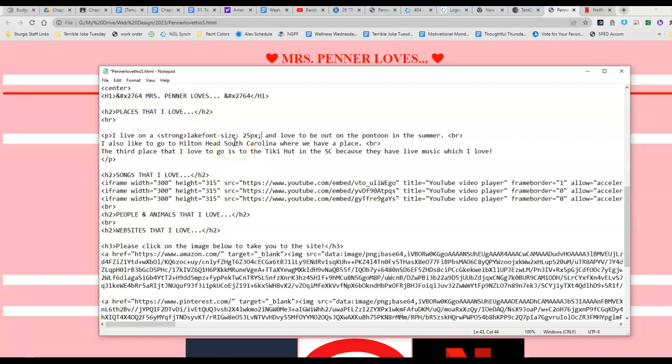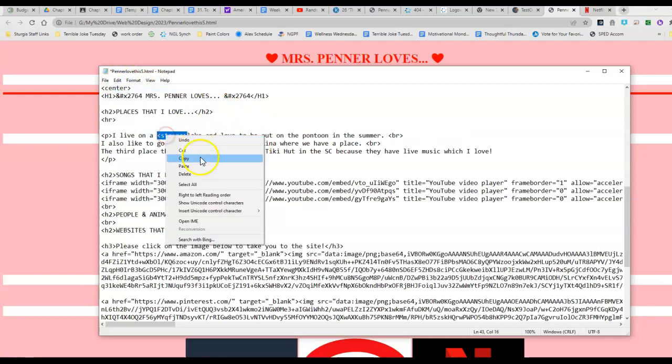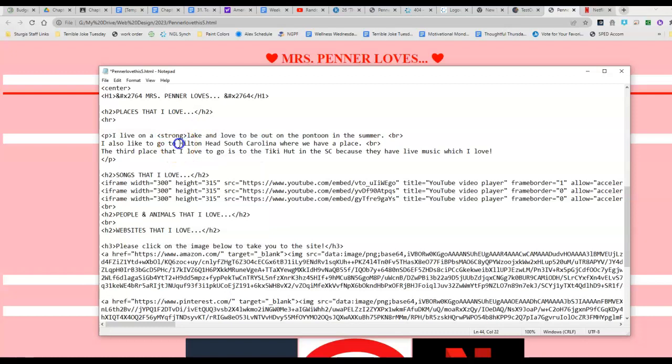And then, whoops, I had to undo because I didn't mean to do that. I'm going to copy this so I don't have to retype it, and put it in front of the other ones I want. Go to the Tiki Hut, Strong, and then